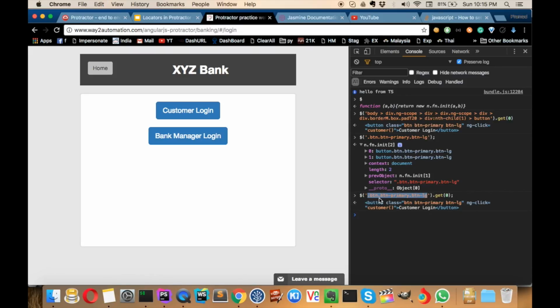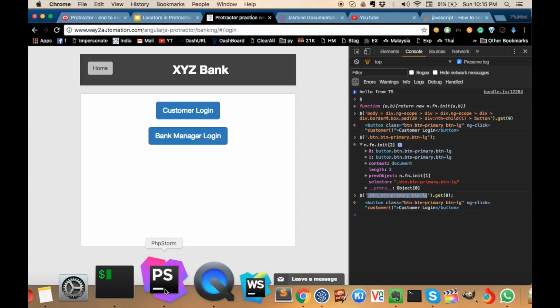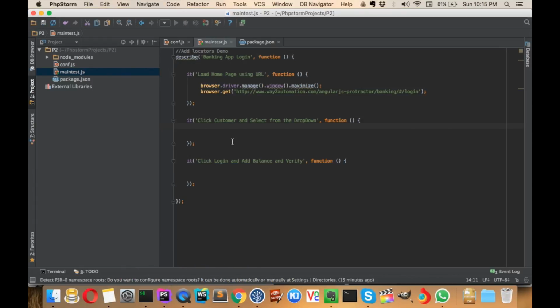If you're wondering what this btn dot btn is, I have already got it from this class. As you can see, btn and a space is a dot here, and whenever you find a space you can use a dot, so we'll be using that one. Okay, so as I already told you, element is